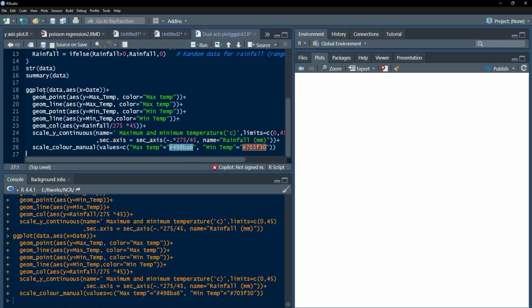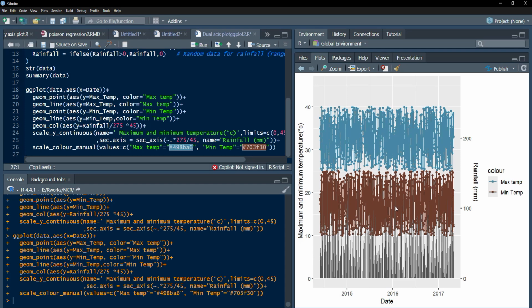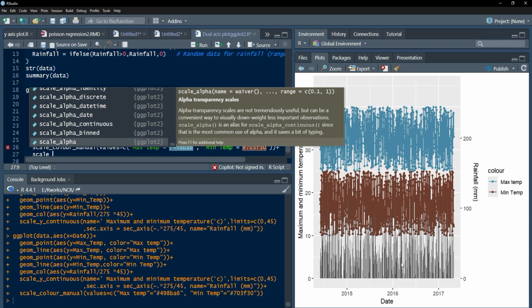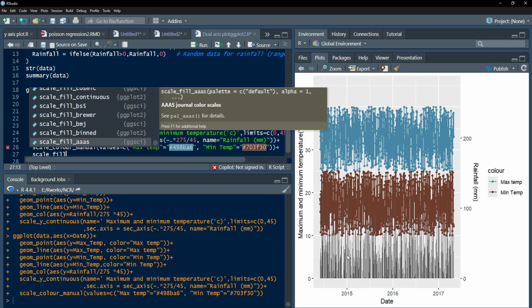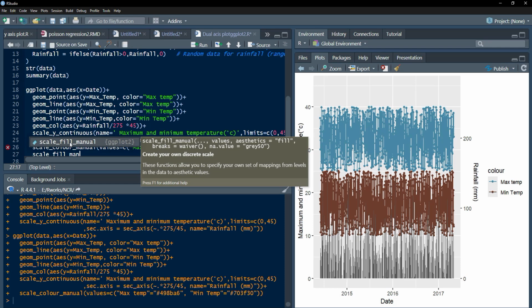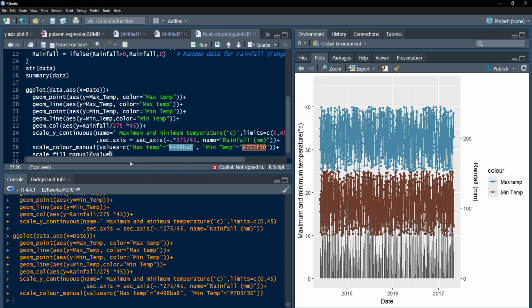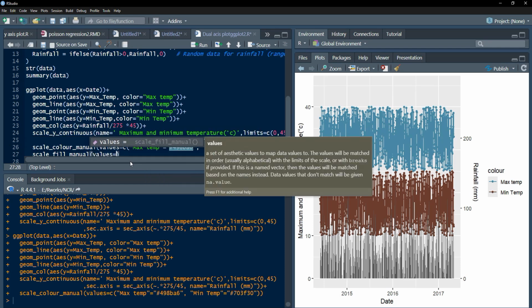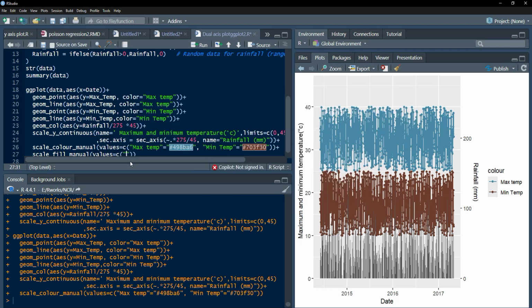I will run that, and we'll see the temperature axis got colored, and we need to color now the bars, and for that, as bar doesn't have color, if we go for color, borders will get colored. Fill attribute is there, fill underscore manual, and again values is equal to C, and there rainfall will be the color is equal to, and we'll bring that color and we'll make that color as dark green,